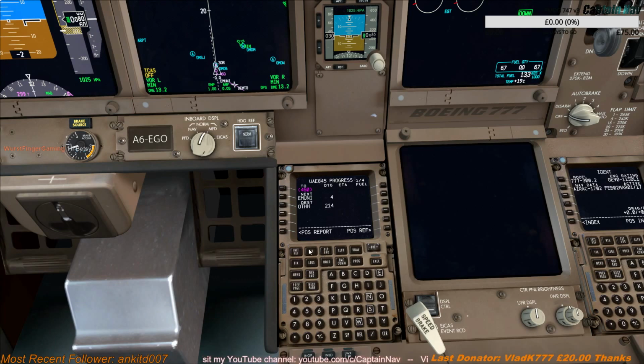so that's fine. Now we go to the route page, do a route copy onto route 2, and then we come back to route 1, and then we can check that all the uplinks have been loaded, and they are. And then we can put some sort of circle on the airport. I think that's where the MSA is calculated on, 25 miles. And the MSA, the highest around, according to the chart, is 3,800 feet, so we can set it